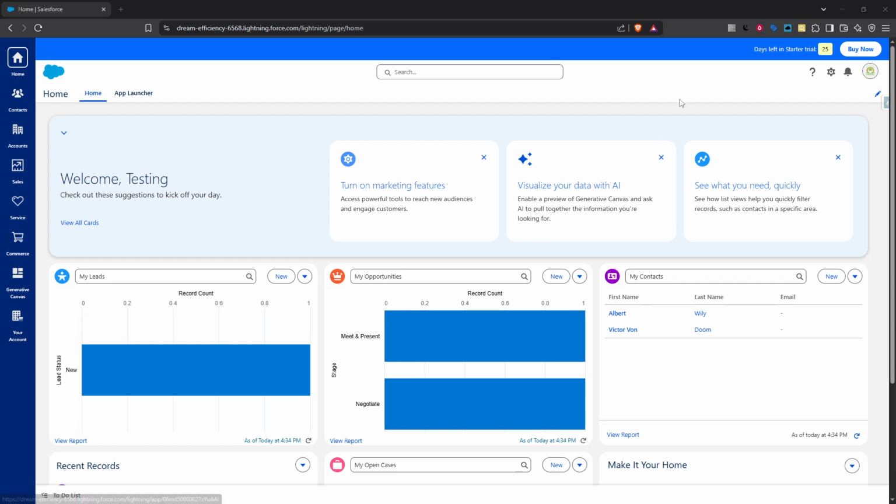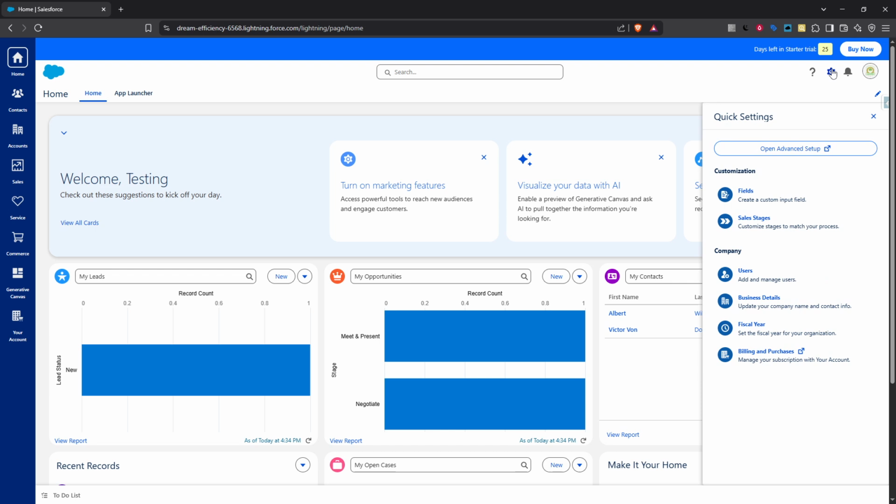First, let's navigate to the setup page in Salesforce. You'll want to start by clicking on the gear icon located in the top right corner of your Salesforce interface. This icon is your gateway to a wide array of settings that allow you to manage users, security, and various customizations for your Salesforce environment. Once you've clicked the gear icon, a drop-down menu will appear. From there, select Setup. This will take you to the main control hub for managing all aspects of your Salesforce